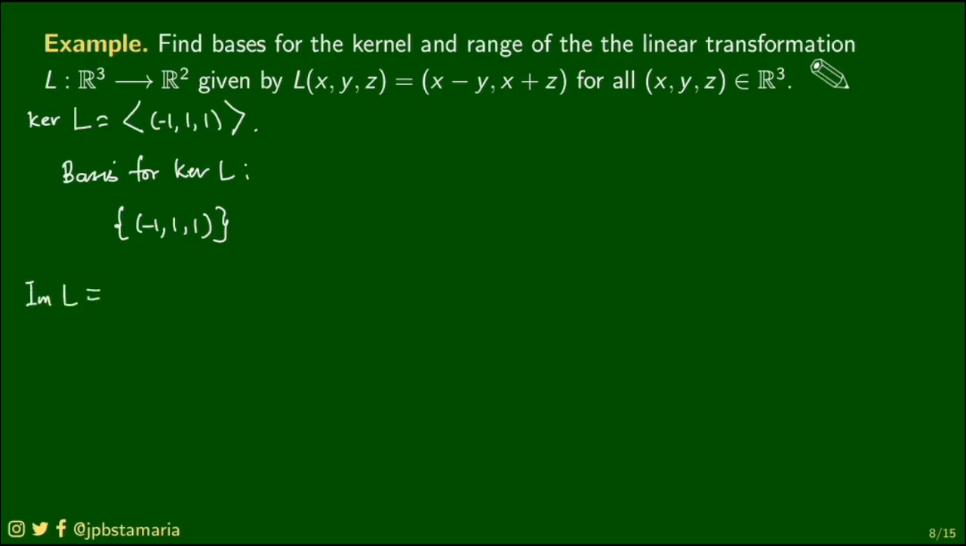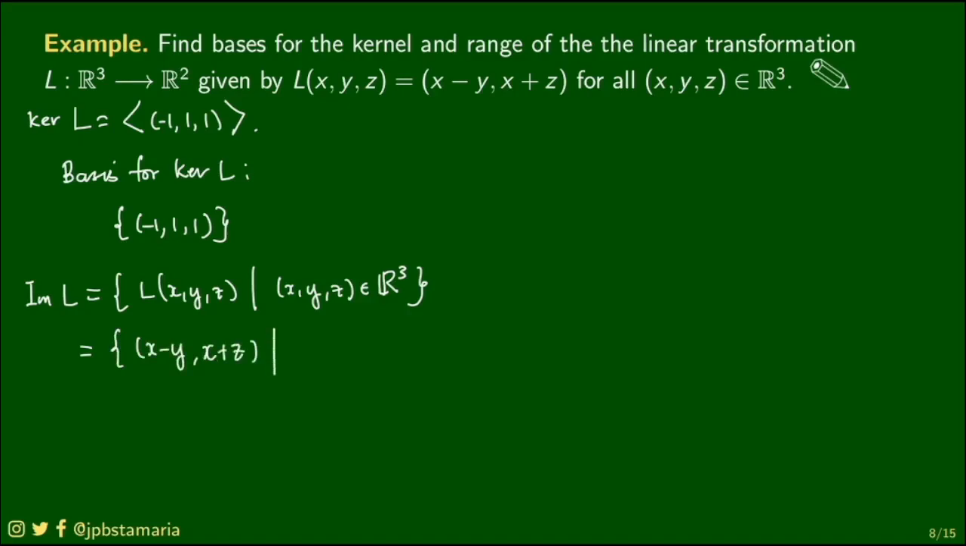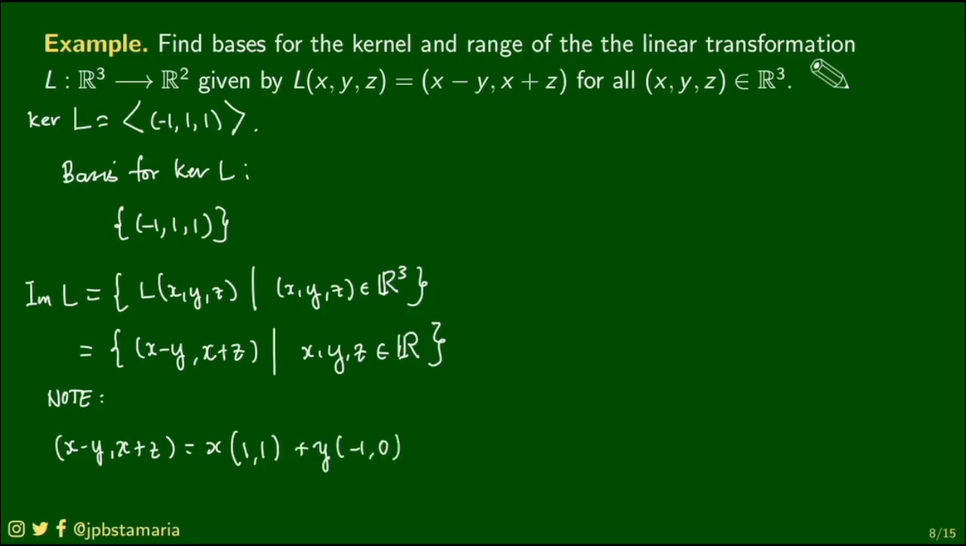Now the range of L, by definition, is the set of all images, where x, y, z is in R3, or in other words, x, y, z are real numbers. As you can see, L of x, y, z by definition is x minus y, x plus z. You could also write this condition as follows. Take note that the image x minus y, x plus z can also be written as x times 1, 1, because both coordinates have an x, plus y times negative 1, 0, because the first has minus y and the second has no y, plus z times